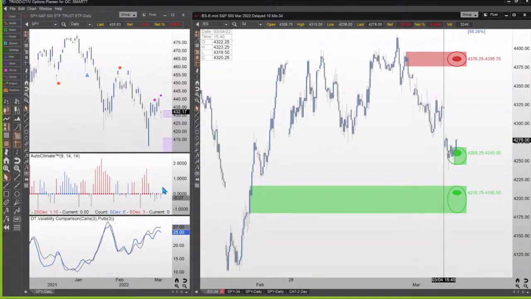But at this moment in time, there is a lot of uncertainty, a lot of indecision in the marketplace, as you can see coming from Auto Climate. Having said that, we just started an Elliott wave to the downside, which is the reason for that diamond on my chart. Elliott wave means that